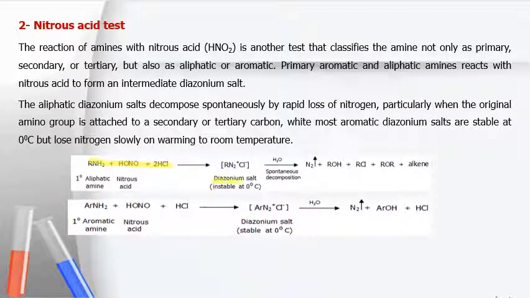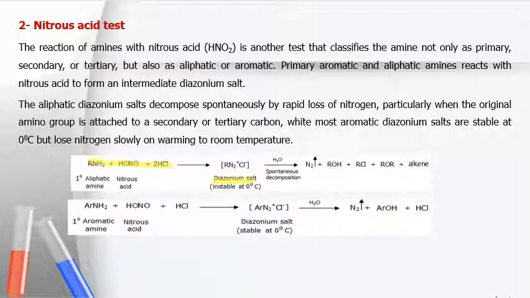This is the diazonium salt; with water, spontaneous decomposition will end up with the release of nitrogen gas and production of alcohol, alkyl halide, ether and